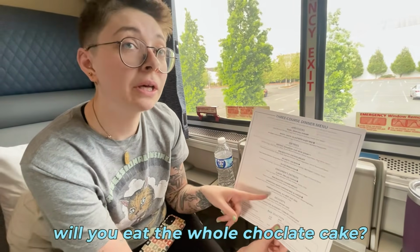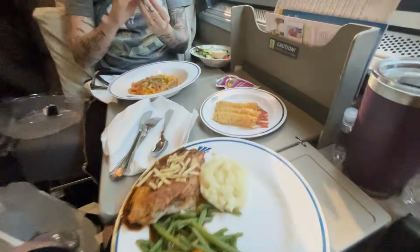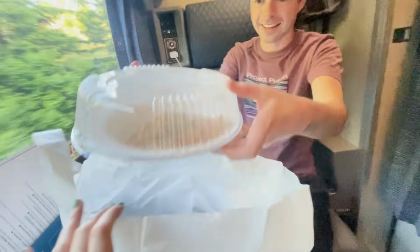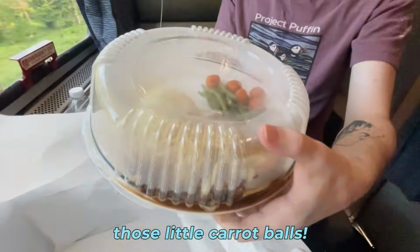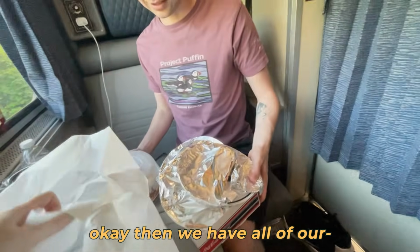Will you eat the whole chocolate cake? Yeah. Then I'll get the other one. Too. Why not? Since our meals were included with the price of the room, we decided to ball out on the first night and get a little bit of everything. We have a 3-course meal. Yes, we do. Here's my chicken. Ooh. Wow. Those little carrot balls. Wow. So cute. Okay, and then we have all the...